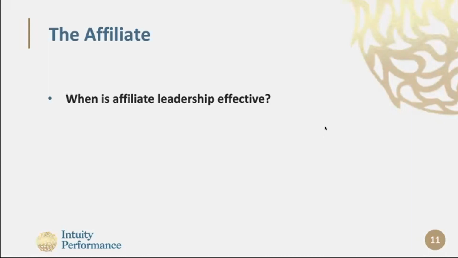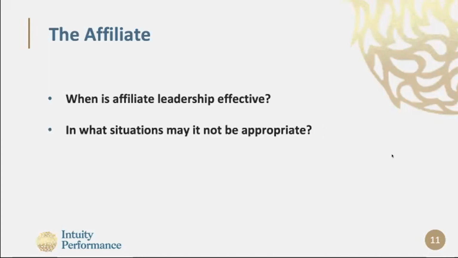And on the flip side, what situations may not be appropriate? I can throw an example out there while it's percolating. Crisis or urgent situations, when really decision making needs to be ASAP, there can be issues and delays during those crisis and urgent situations. Does anyone else have any thoughts on when it might not be appropriate? So other scenarios where it might not be appropriate is like a highly hierarchical environment. So where there's a really rigid chain of command, an affiliate leader may find that really challenging.